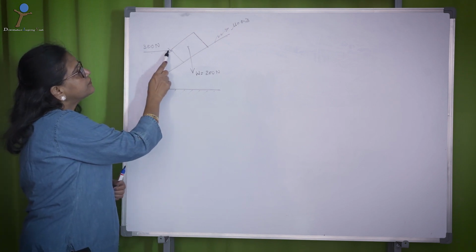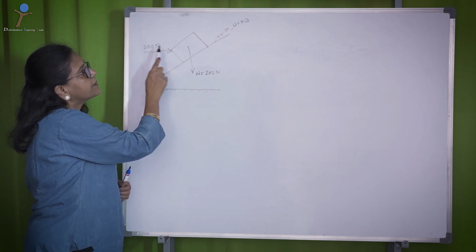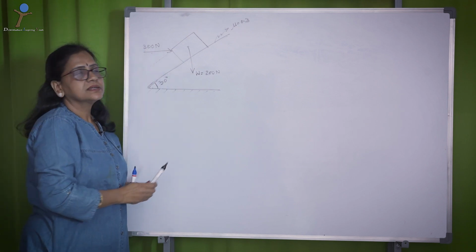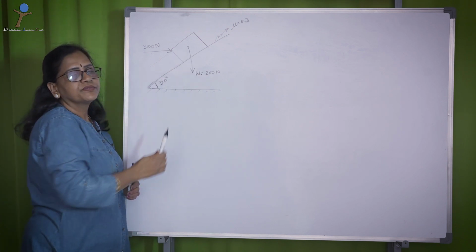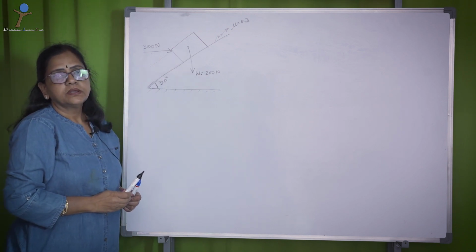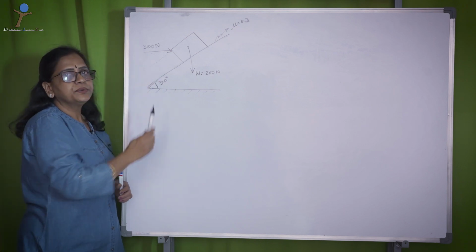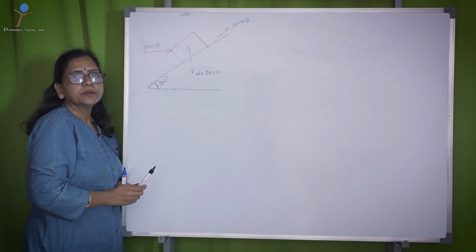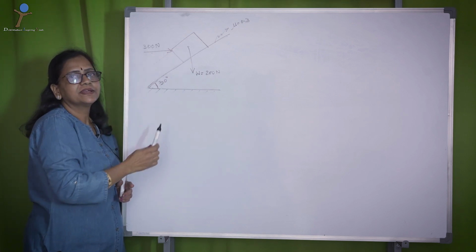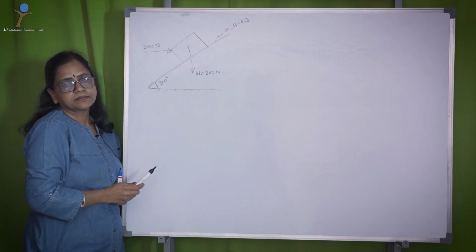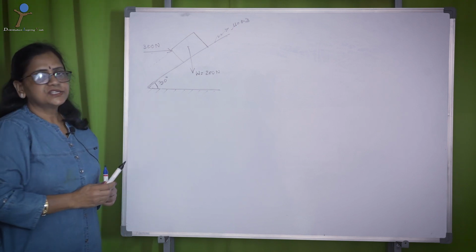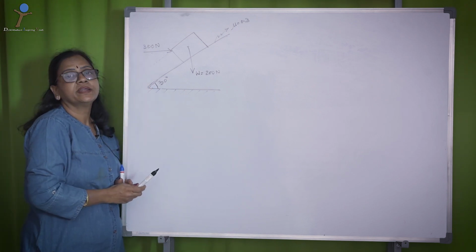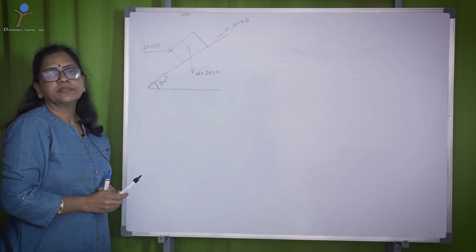Now a 300 newton force is externally applied on the object so as to resist the sliding motion of the body. Now the question is, is 300 newtons sufficient to stop the sliding of the body on the inclined surface at an inclination of 30 degrees? So let us check through the problem if this 300 newtons is adequate enough to hold the body on the